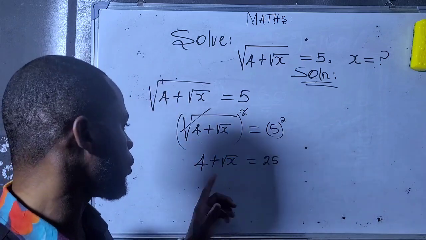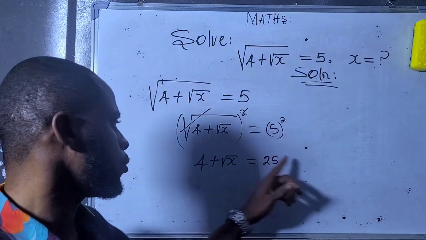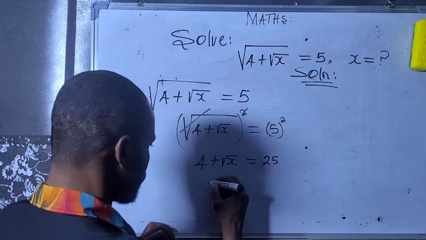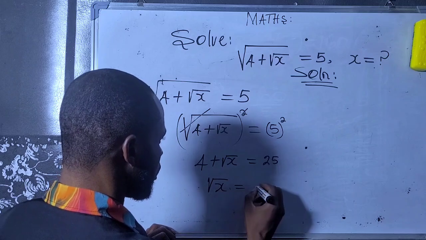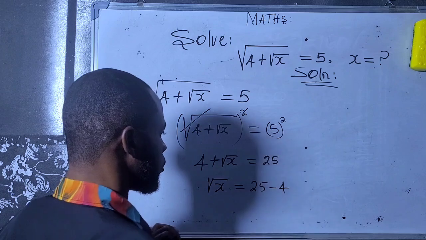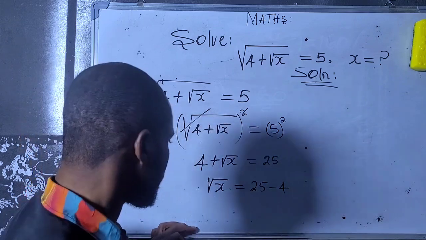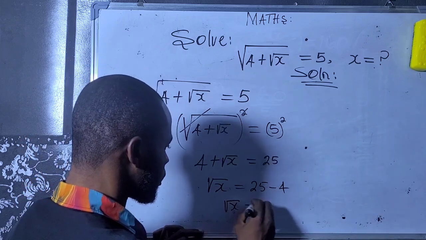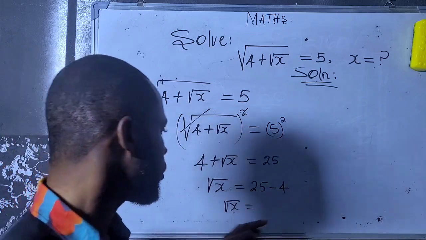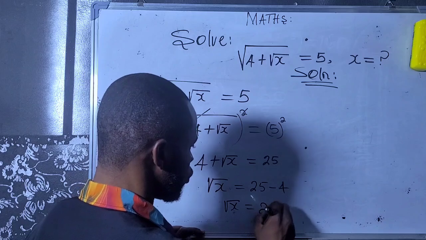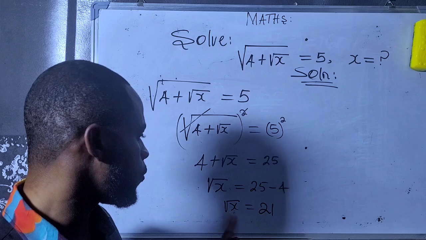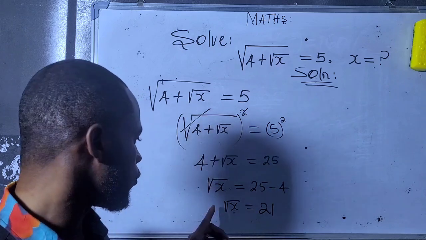Now, the next step is for you to move this constant 4 to the right hand side of the equation, and the equation becomes square root of x equals 25, and it becomes negative 4. But if we simplify it further, you're going to have the square root of x equals 25 minus 4, that gives us 21. Then again, you need to square both sides of the equation so that this radical